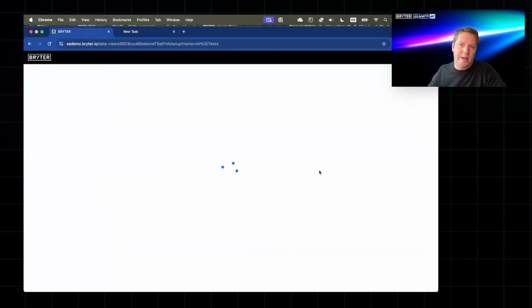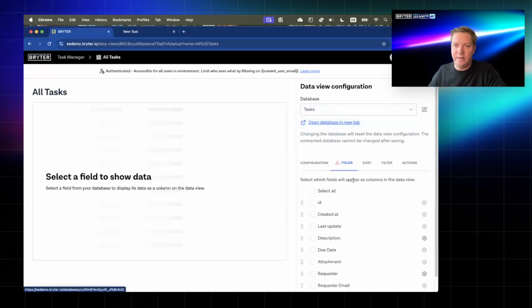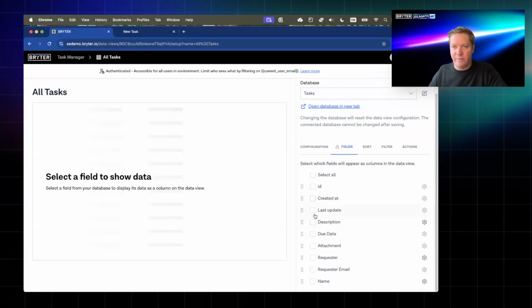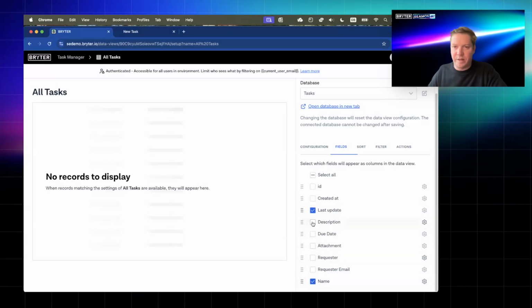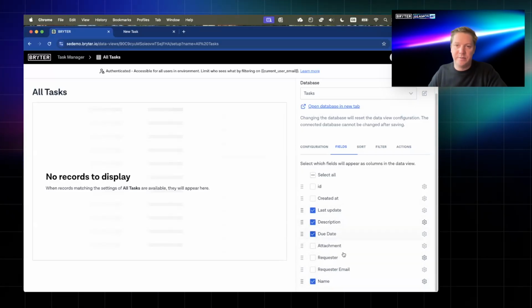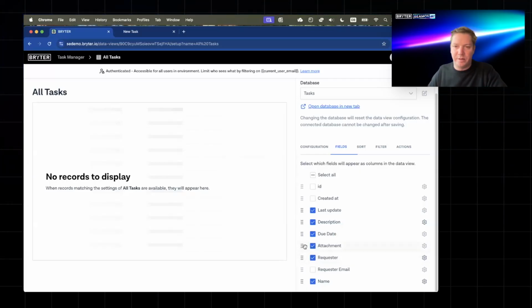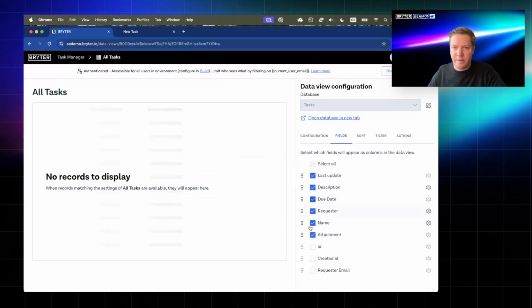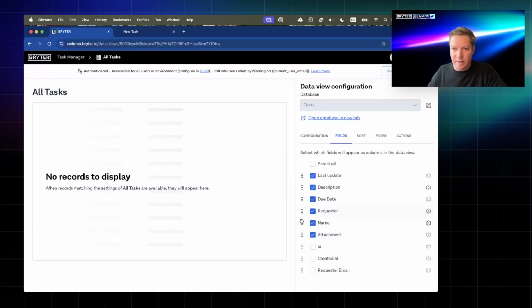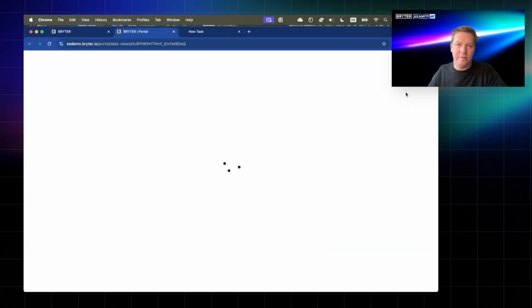Okay, we create that and we will select our tasks database that we created and let's choose some fields. So I will do last update. I want the name as well, the description, the due date, perhaps the requester, and we'll put the attachment in last as well. Save that. Okay, and maybe the name actually goes at the front here. Save. Okay, and I can actually already look at the live link and hopefully,